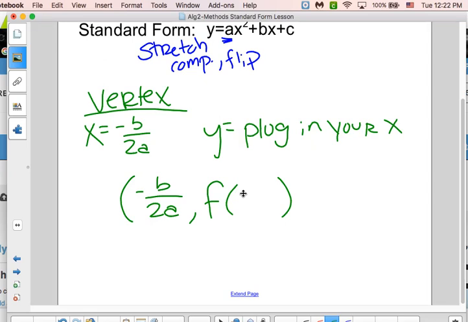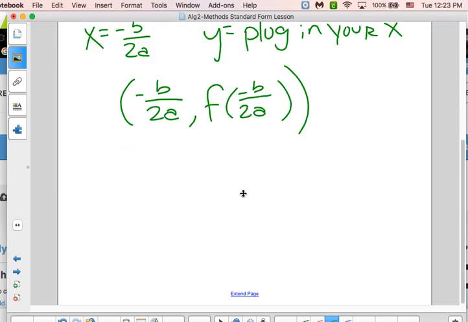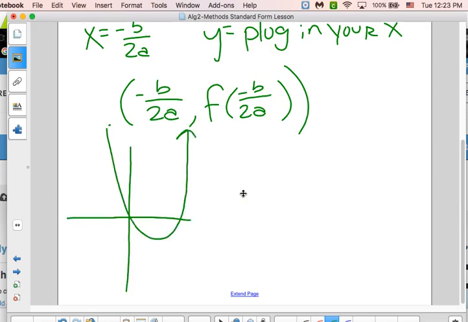So what this says is just f of negative b over 2a, which literally just means you plug it in, and it'll tell you the y that goes with it. A couple other little FYIs. So if we have a quadratic,